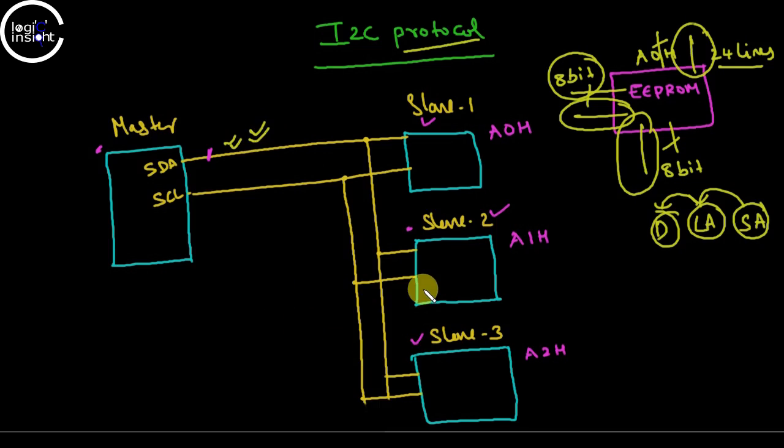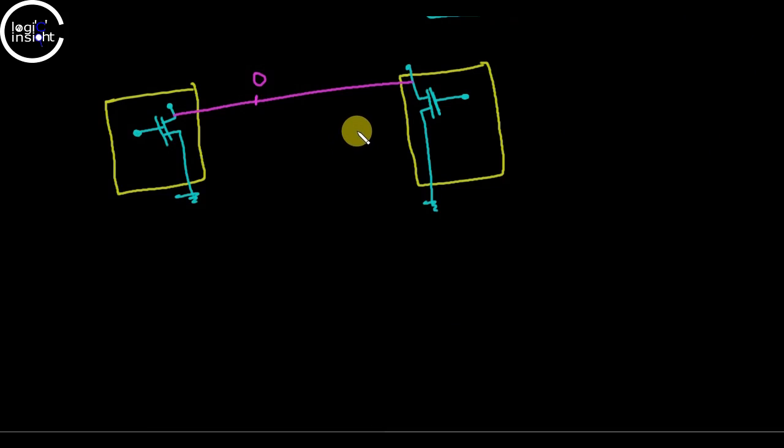We'll go deeper later, but for the time being we'll see how exactly ones and zeros are placed on this SDA line. First, to make the line logic 0, what can I do? I can simply connect it here to logic 1, then these two are short circuited. If these two are short circuited, then 0 will be applied here. So this is how we make the line 0. So what happens if I want to make the line 1?